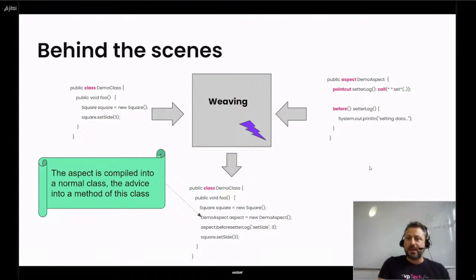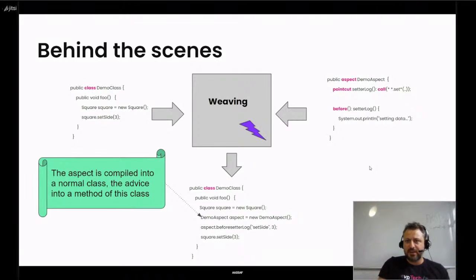We will compile the aspect with the AspectJ compiler, and we will leave some meta information. After that, there is this mechanism of weaving. The weaving mechanism will read this meta information describing the pointcut and will modify the bytecode of the base classes by inserting some instantiation. For example, here I give an example.